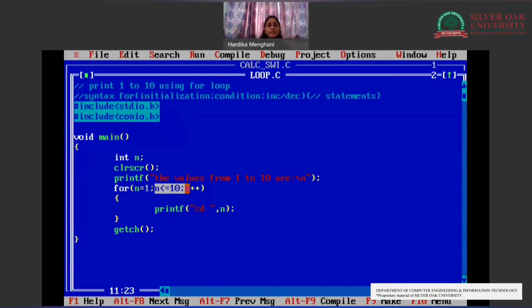The only 3 things that we need to keep in mind while looping are: the variable is properly initialized, the variable has a proper condition from where the loop will exit and be terminated, else it might get into an infinite loop. And to move the loop, there should be a proper increment or decrement.